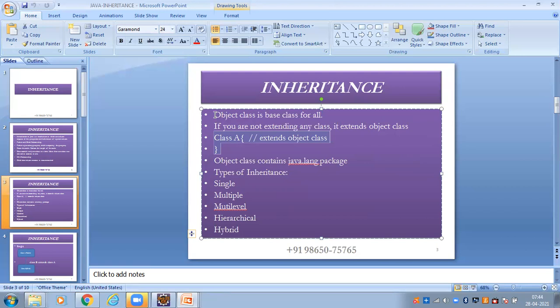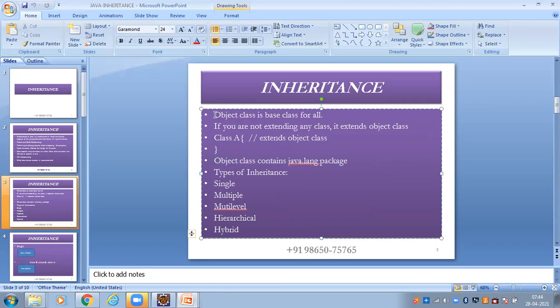Then the Java compiler will make it extend the Object class. The Object class is in the java.lang package.